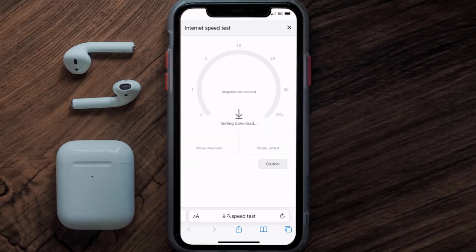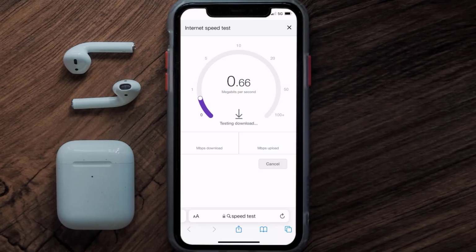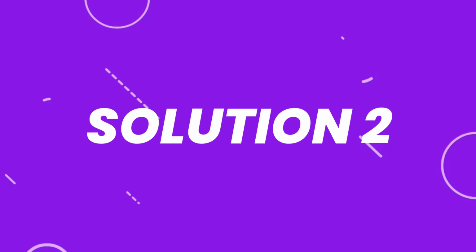The minimum speed required for Lexus mobile app is usually 2 to 3 Mbps, so if it's anywhere near or above this number, that's fast enough. If your internet speed appears to be unreasonably low, then you may need to contact your internet service provider for help. This should fix the issue, but if it doesn't, then you need to make sure you're running the latest